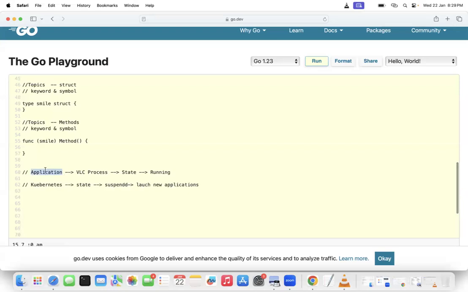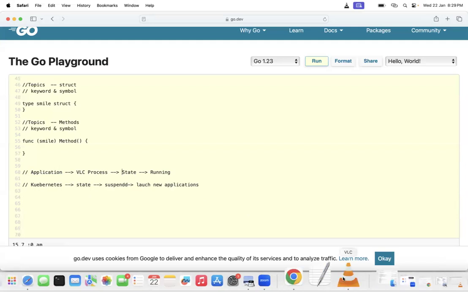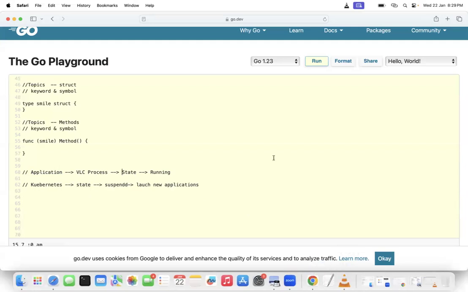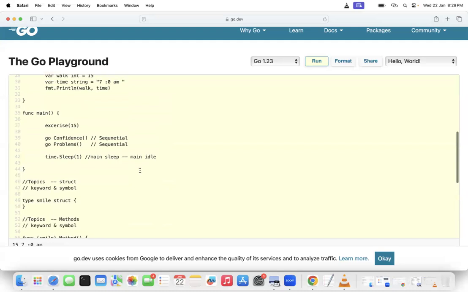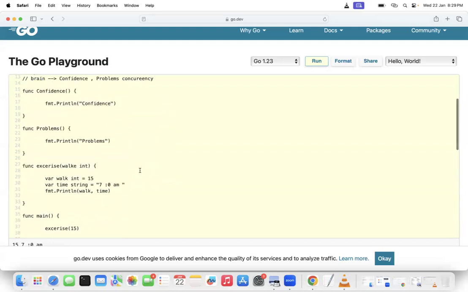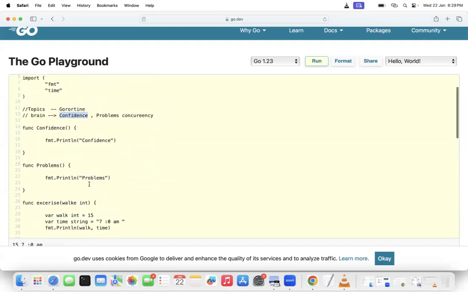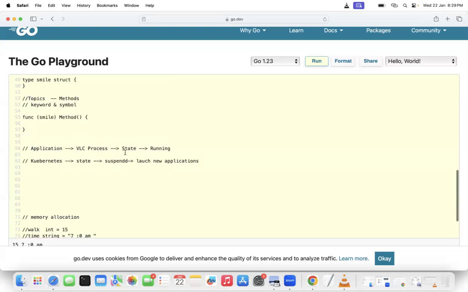An application is nothing but, for example, a VLC player. When you install an application, you download an executable file, creating an isolated application.